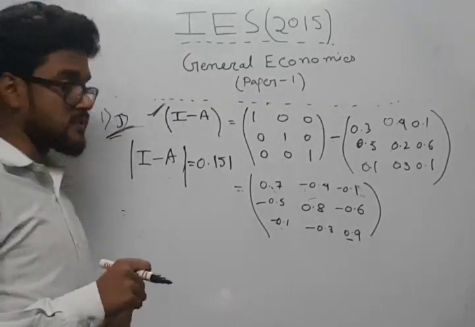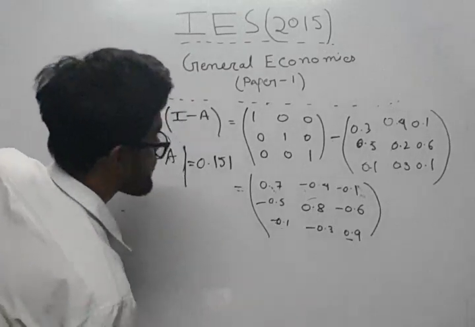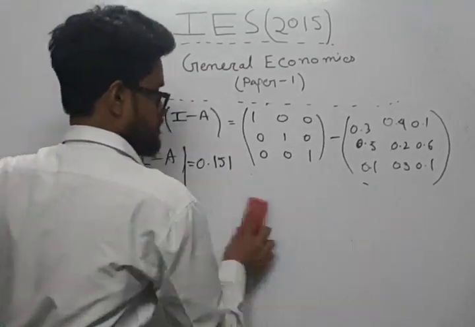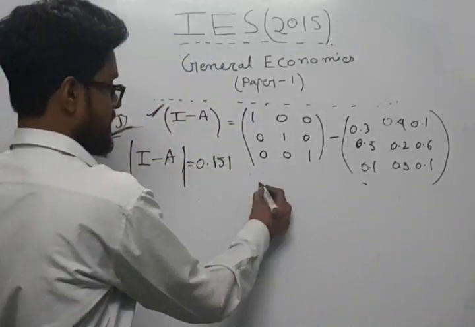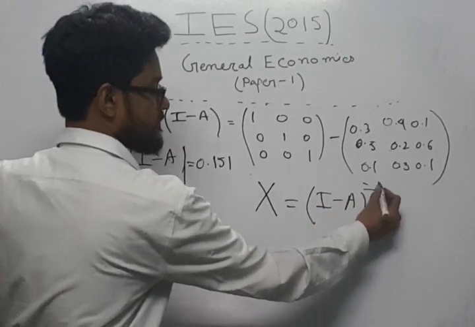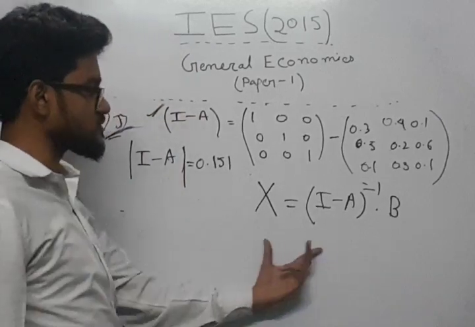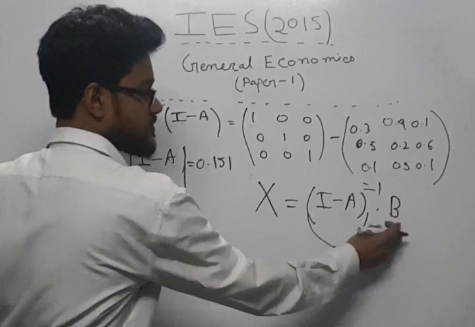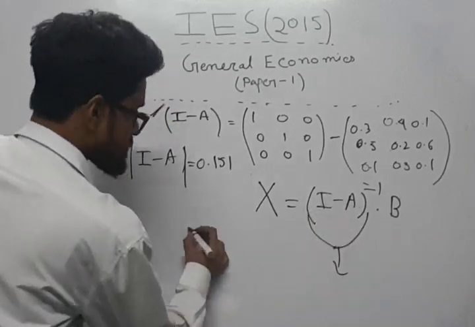If you remember, what was our focus? Our focus was to find x, which is (I minus A) to the power minus 1 into B. So our focus was to find this. From here we first have to find this. As you know, B is given, we have to find this. Now the value of this